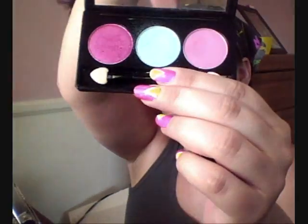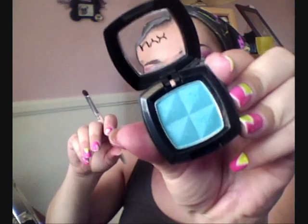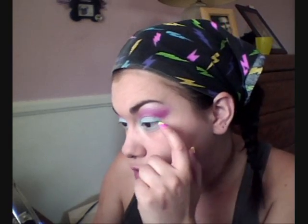Next you're going to go ahead and take a bright blue eyeshadow, shimmery or matte, either one's fine. And so this was a light blue that we used before right here. Now we're going to be using a blue that's this color. And so this is also a NYX Single. This one is called Irises. So just go ahead and put some of that on there, and we're going to place the brush right here